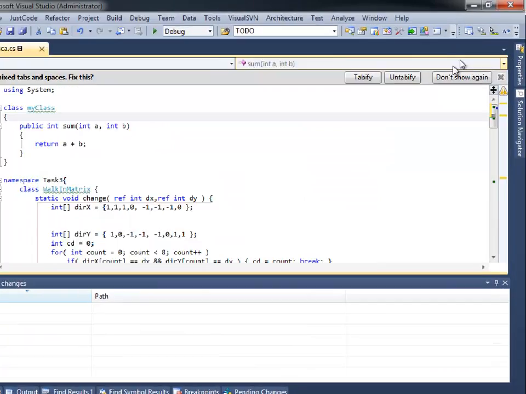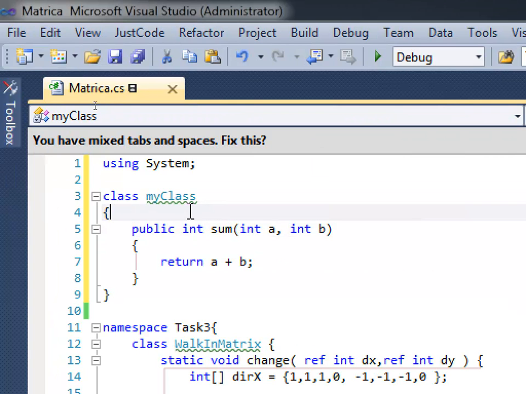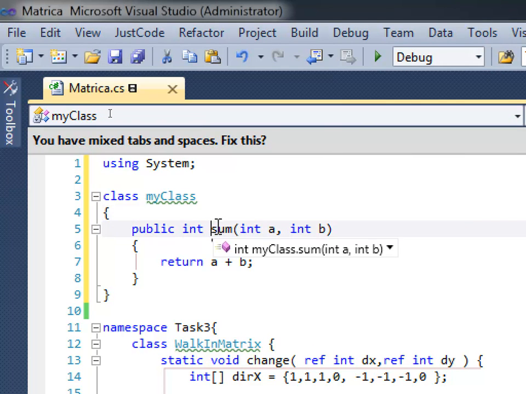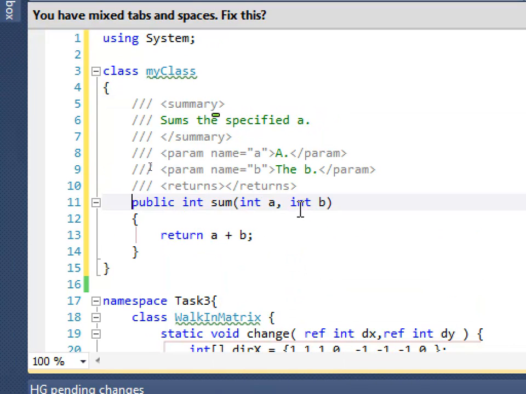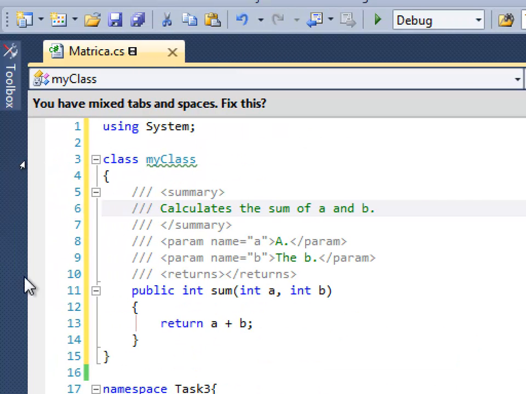Return this. There is an extension which I like using, which documents the code. Actually, maybe I can do it with a right-click. Yeah. So these kinds of comments are very important, I think. This extension is trying to guess what my method is trying to do by the name. So if it's a sum, then it sums the something. But this is wrong. I would write something like calculate the sum of A and B, for example, so that whoever comes to use this method,